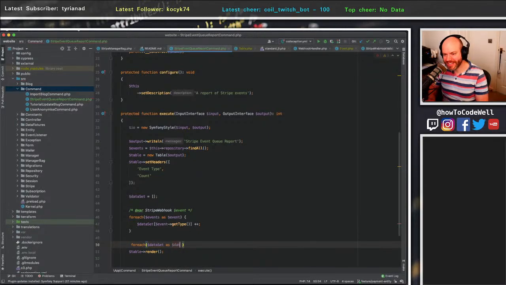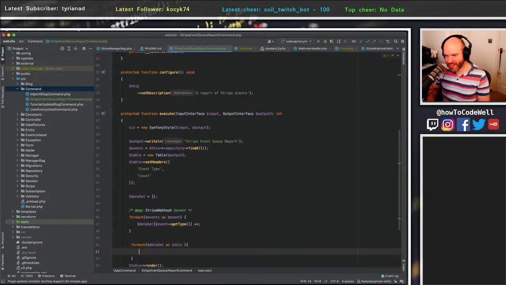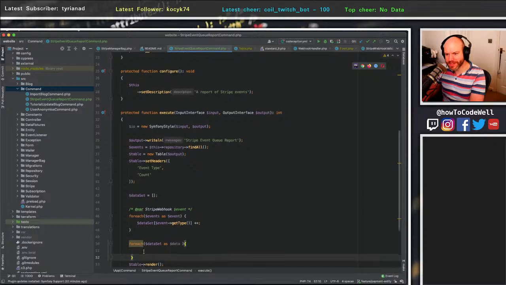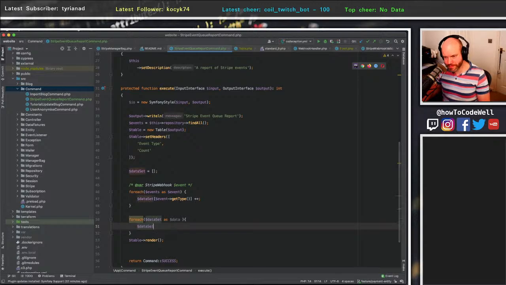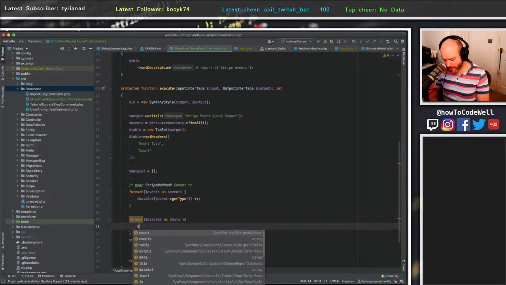This is awful. As data, I can just, what if there was like a 1,000 of these? Then I would have to loop over them 1,000 times, and then another 1,000. Ugh. Or you know how many. Anyway, oh, I've got rid of it. That's annoying. Anyway, this